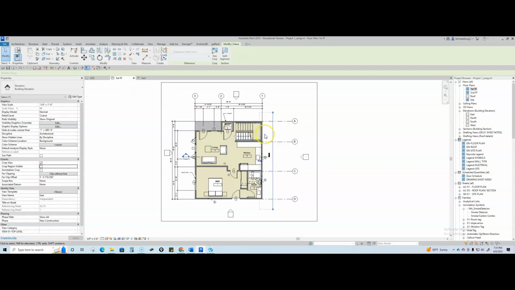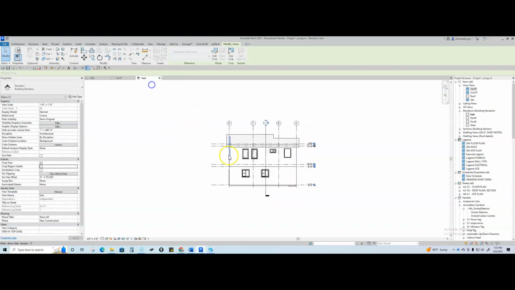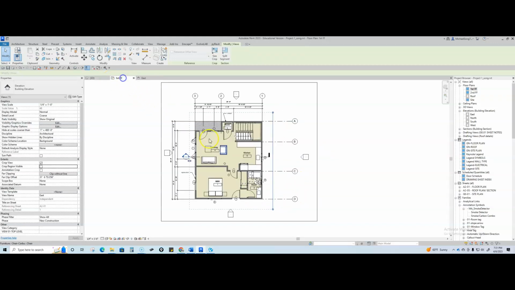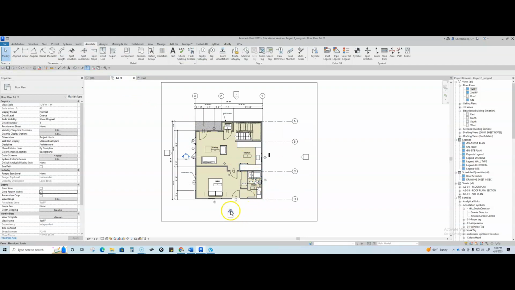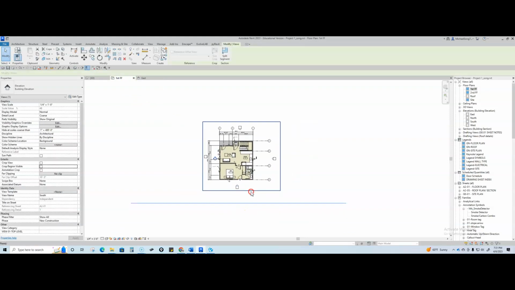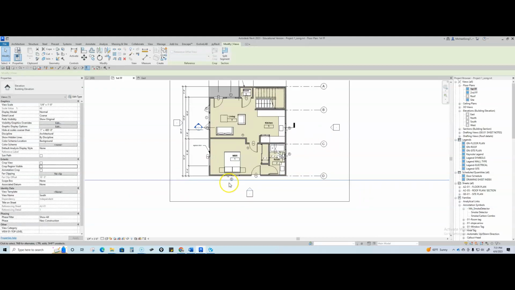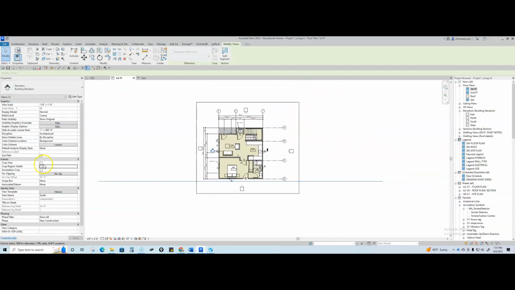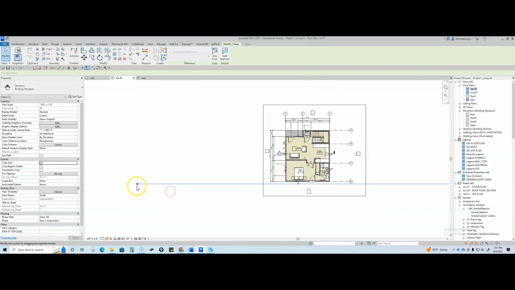So my fault, but you probably want to stretch this out. Even if you stretch it all the way through, that's okay because you're not going to see anything except that front elevation. So there you go. You have set up the first elevation there, and on this one, if I select that, my cutting line is somewhere back here. You want to get it close to that elevation, and then don't forget to turn on crop view so that you could